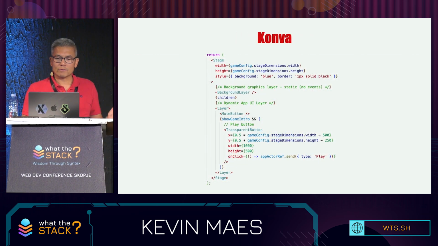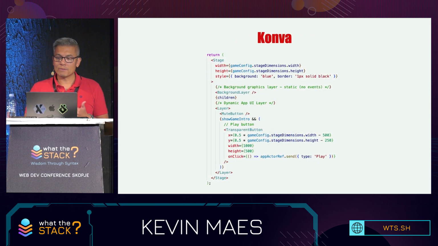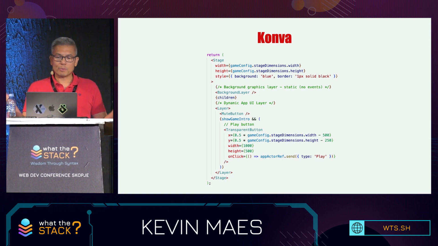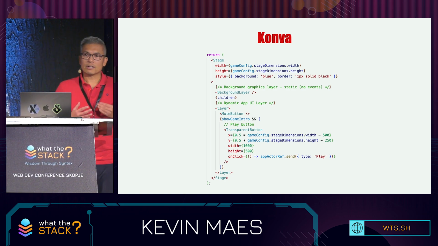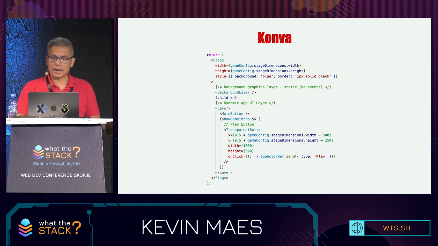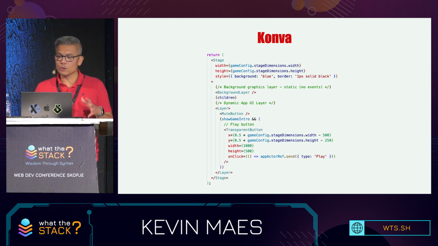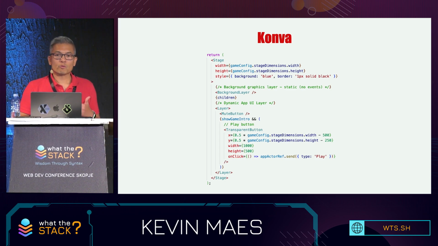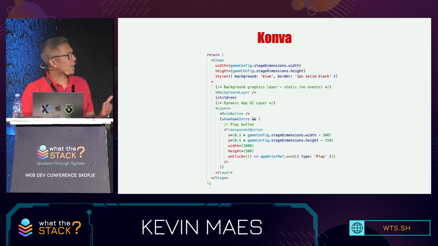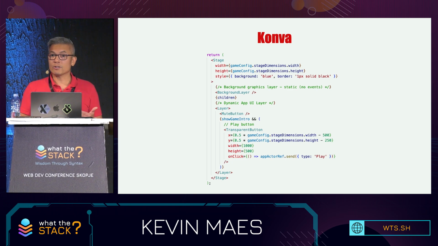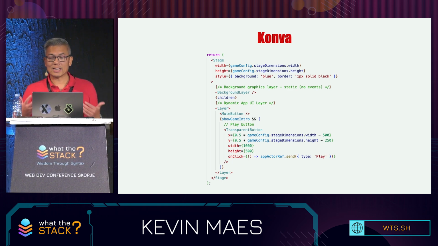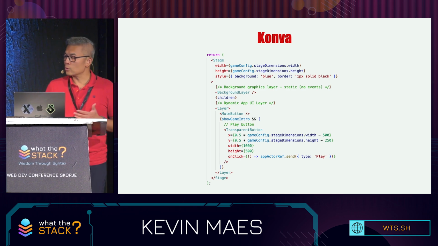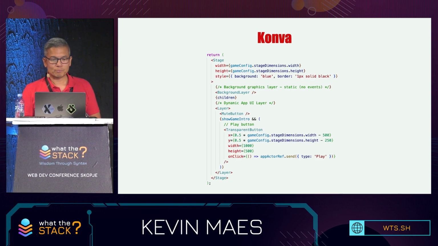So I found using Konva in React to be pretty intuitive and very easy to get started. Your overall app is represented by a stage component, and you can actually render several layers. There's layer components, and each one of those will instantiate a new canvas element on your page. Now, Konva uses the normal React props API to easily attach event listeners to elements for interactivity, which is one of its main benefits. Layers can help you organize better performance, depending on which ones are static or interactive.